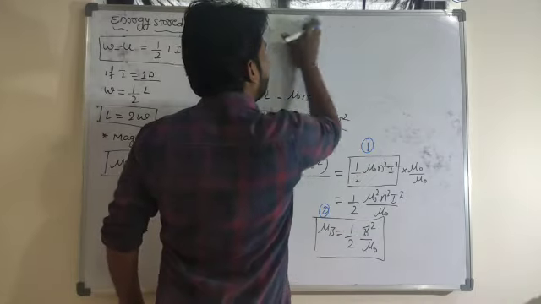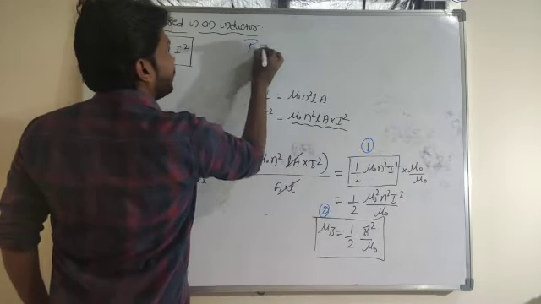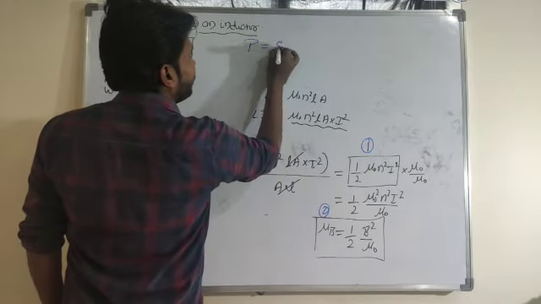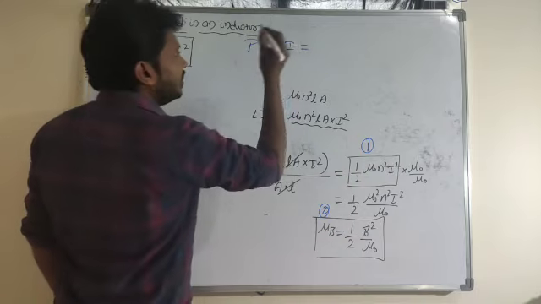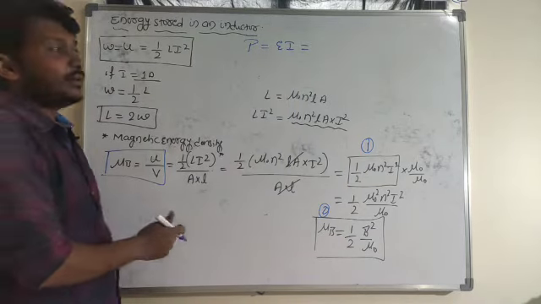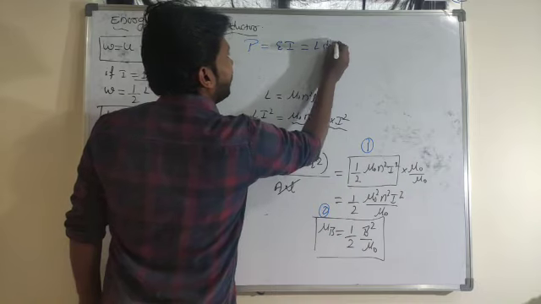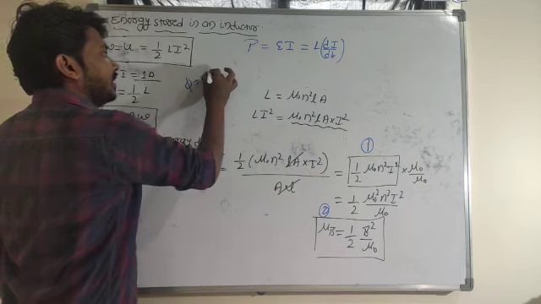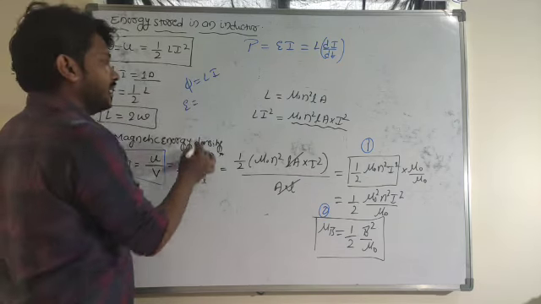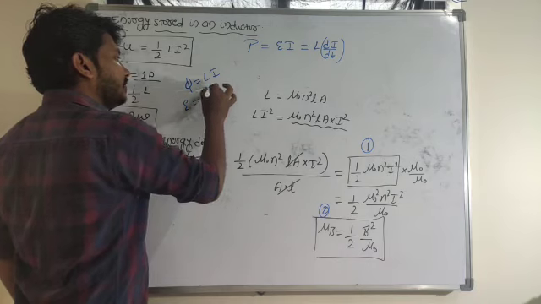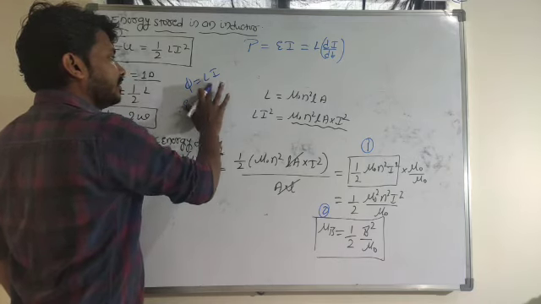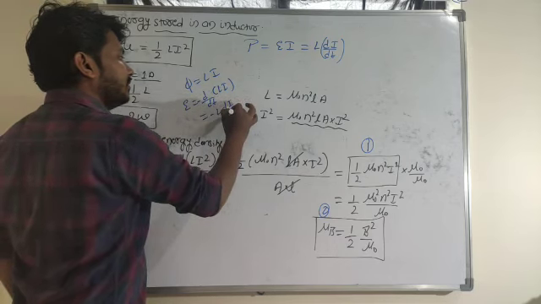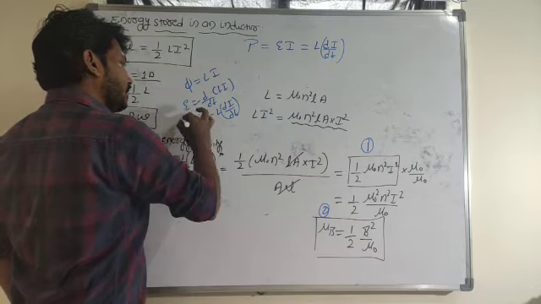So now I will consider the power value here. So power P is equal to what? V into I. So power P is equal to E into I here. In case of self inductance, E is equal to what? E is equal to L into di by dt here. So phi is equal to L into I. From Faraday's law, E is equal to minus of d phi by dt, where phi is nothing but L into I. L is the constant, so minus of L into di by dt. So I got this equation just now.